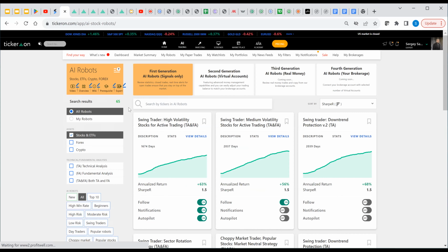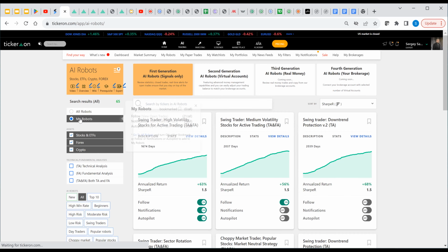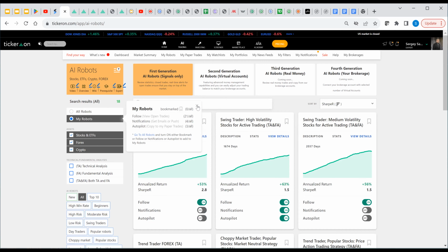As I promised you, I'm going to tell you first about my robots versus all robots. Okay, here's all robots. You see all, okay? Now, what gets to the group of my robots? You see, this is the group of my robots, and it is clearly counted that I follow 21 robots out of all. I'm receiving notifications on only 4 of them, and I have autopilot on 3 of them, okay? And I bookmarked 0, okay? So what it means